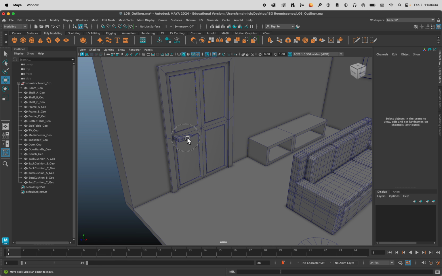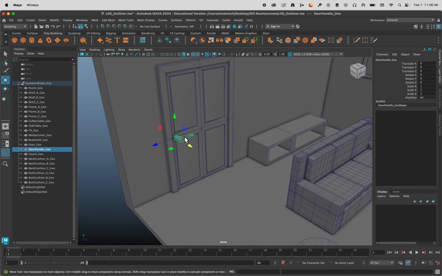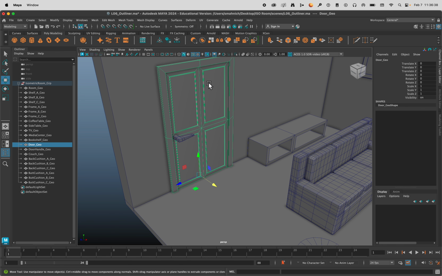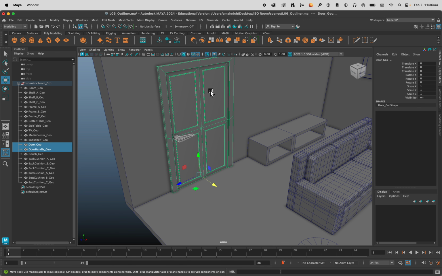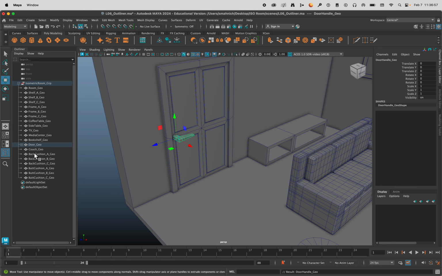So you need to click on the door handle. So this is the child, and it follows the parent. Select the door handle, hold down Shift, and then select the door. So again, child, parent. Once they're both selected this way, click on P. Watching the outliner, what happens? A little hierarchy tree should be happening. So P to parent. Click on this little drop down and see how the door handle is now attached to